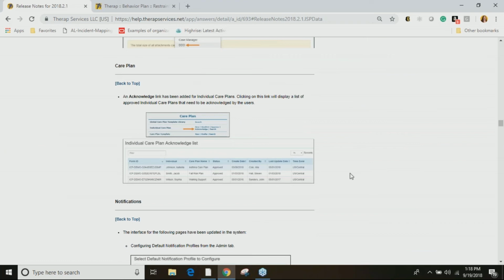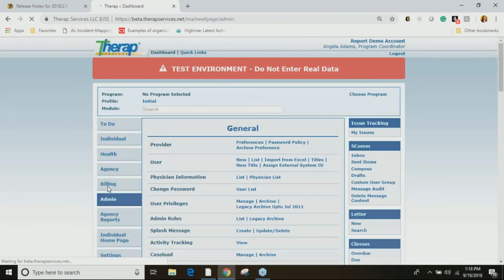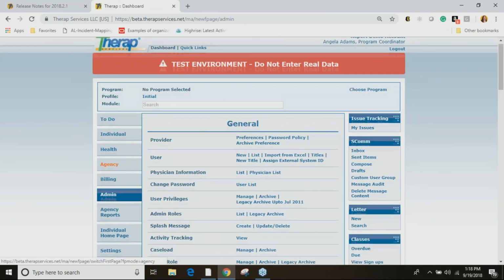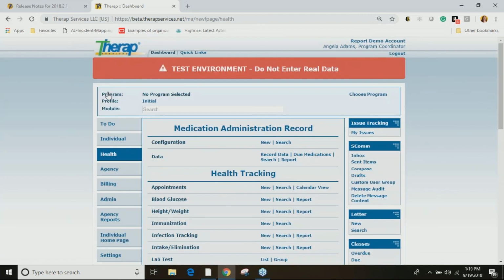Shifting gears a little bit, care plans. If anyone's using the individual care plans, you'll know that when you do a new one or update one, everybody gets alerted on their to-do tab for acknowledging that. That number, like many other to-do tab numbers, stays on there for 30 days. So what's changing here is we're giving you a way to read the other ones very easily, or even, let's say you're a new staff and you need to go through everything.